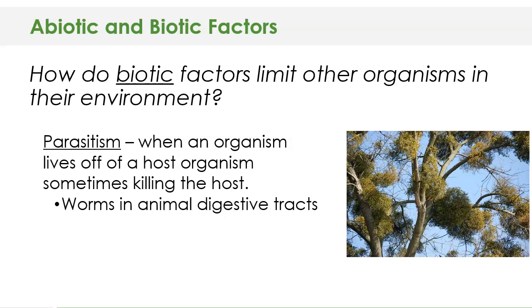But there are a lot of worms that can live in the digestive tracts of animals, and what happens is that the worms in the digestive tract absorb the nutrients that animal has consumed before the animal itself can absorb that through its digestive tract. So the worm gets the nutrients first. The animal doesn't get the nutrients that it needs. The animal suffers, becomes sick, and perhaps dies. This is why a lot of animals have to have medications called dewormers given to them to kill any worms or any worm eggs that might be living in their digestive tracts.